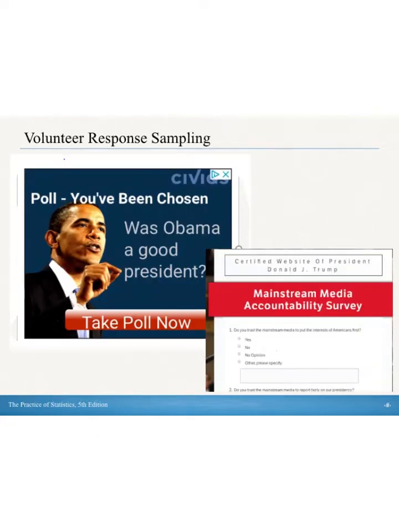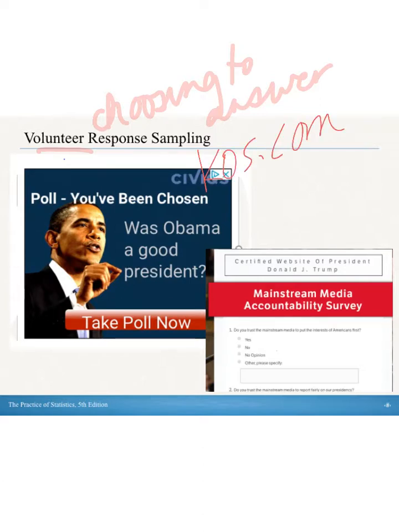So voluntary response sampling means you're choosing to answer. Everybody in a particular sample hasn't been asked, but it's a volunteer situation. And this particular one for Obama was on a website called cost.com, which is a pretty strongly left-leaning liberal website. And of course, the people that are going to choose to take the time to answer that are probably ones who lean toward the kinds of politics that Obama